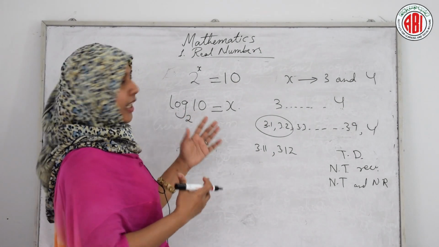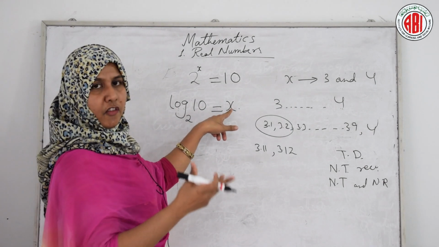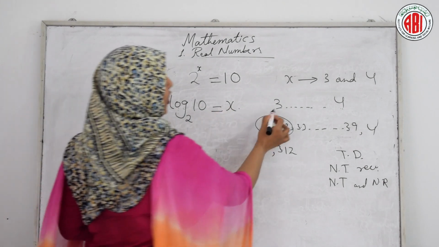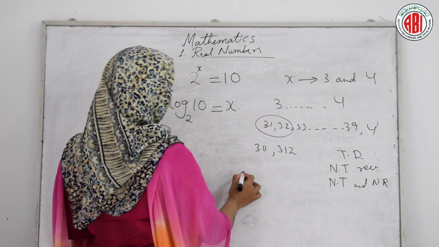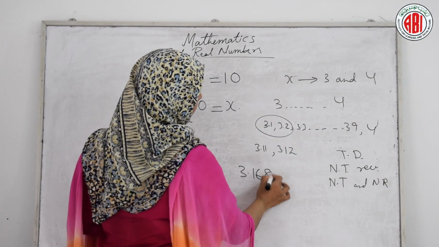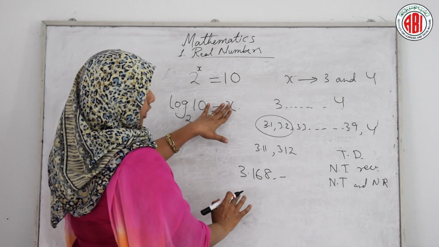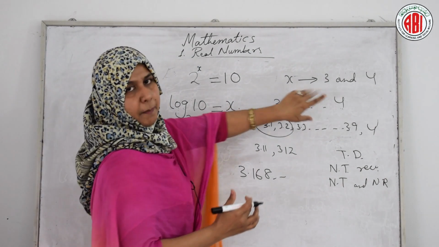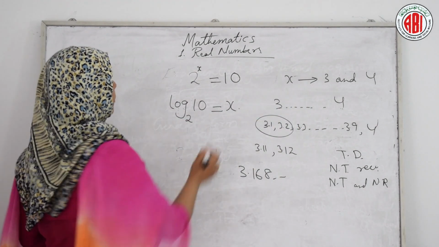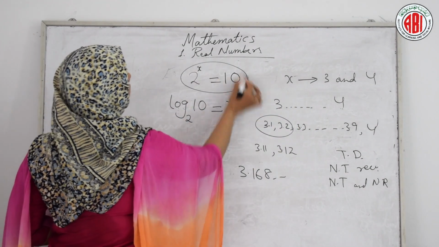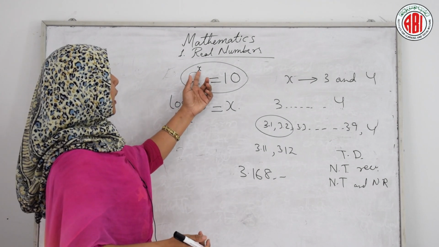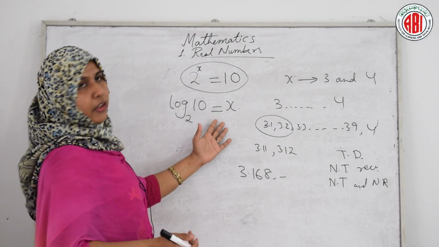But we have a table of logarithms. In that, if you look, you can get the value also. Not exact, but somewhere between 3 and 4, like this. It can be like 3.168. This is just an example, not the exact value. But what you have understood is that the value of x lies somewhere between 3 and 4 for this question. So I think this is an interesting question. For finding the exponent, that's why we are using logarithms.